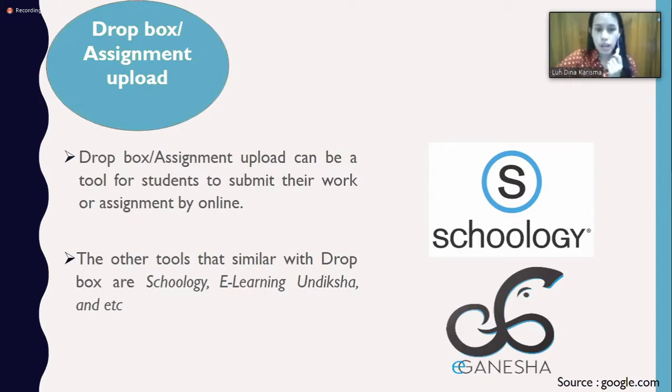I think you guys are familiar with this tool, because we usually use it to submit our work or project assignments to the teacher online.